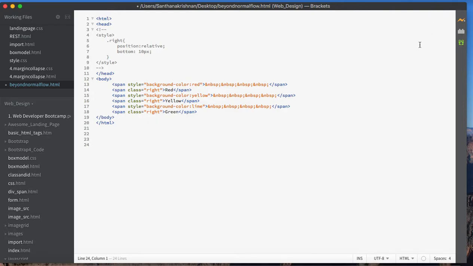Currently the style defined as class equal to right isn't defined.